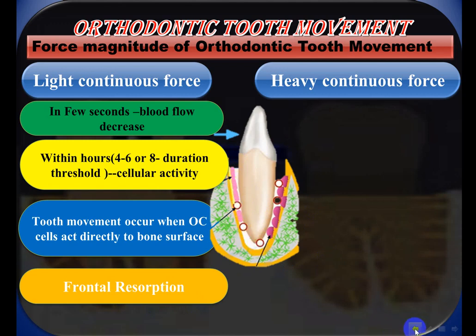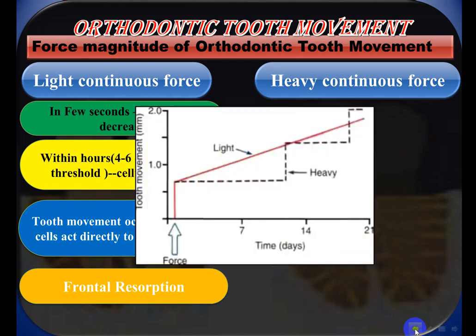So this is what will happen if we apply a light continuous force. According to this diagram, you can see here this represents the tooth movement in millimeters against time in hours and days. This represents the point of force application. Firstly, as I mentioned a second ago, there will be a change in the blood flow. There will be a decrease. Then a sudden movement of the tooth